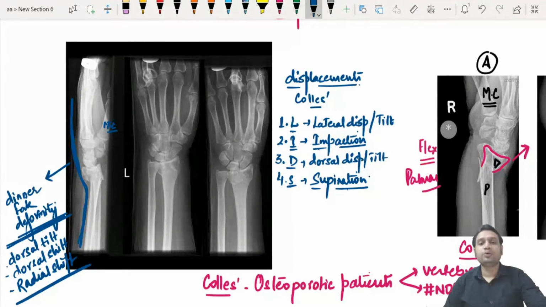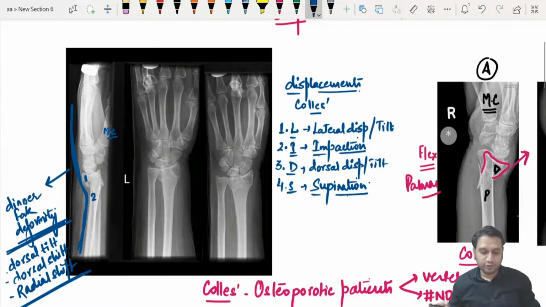Now coming on to how to go ahead with the reduction, how to achieve the reduction. Now we have to understand one very basic thing. This fragment, you say fragment 1 and fragment 2, what had happened to them? Impaction. So the first step would be to disimpact. To disimpact, what you have to do? You have to apply some traction, right? And then in which position we have to block it, that is another thing we need to understand.